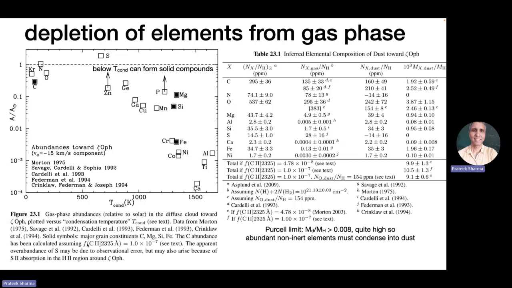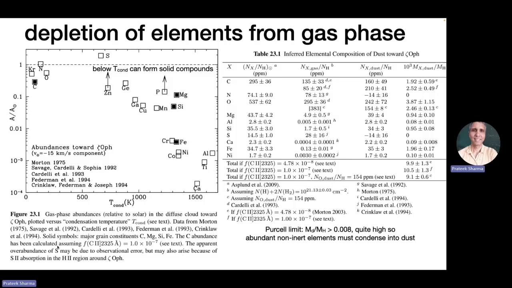And so depending on this oscillator strength, if the oscillator strength is large, then even a small amount of carbon will produce deeper absorption. If the oscillator strength is small, you'll get a smaller absorption. So that's why the results depend on the oscillator strength. But oscillator strengths for most of these transitions are well known from lab data and from atomic calculations.